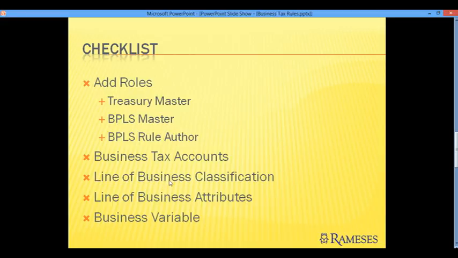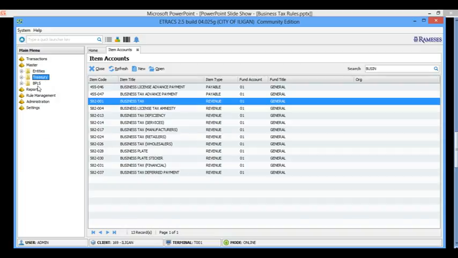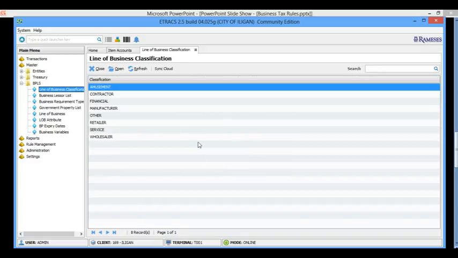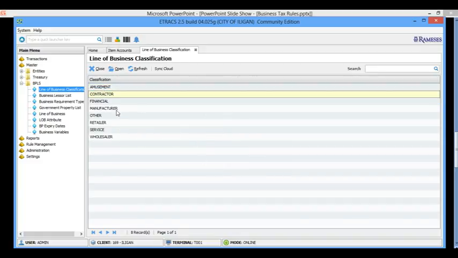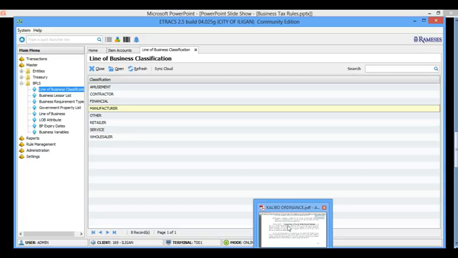Then we need to check on the line of business classification. So we'll close this one, go to BPLS, line of business classification. Okay, so we have amusement, contractor, financial, manufacturer. The line of business classifications are the general classifications of the business based on most implementations of the business tax.